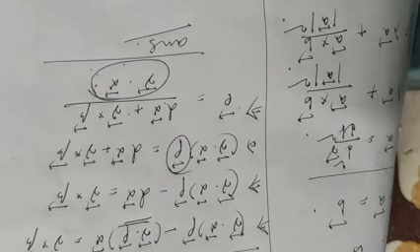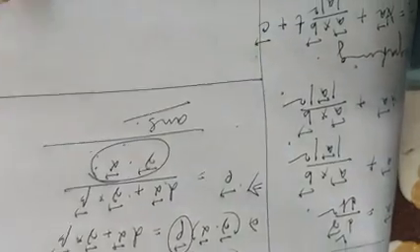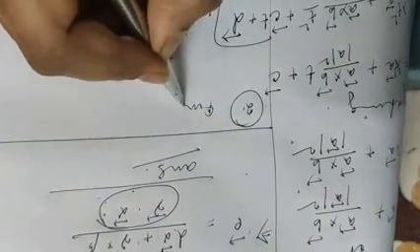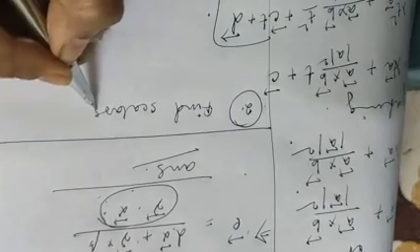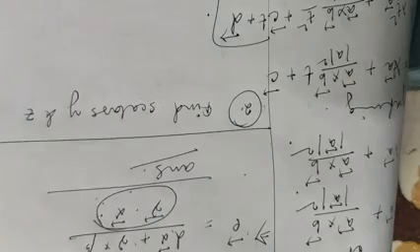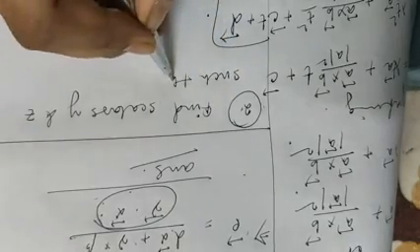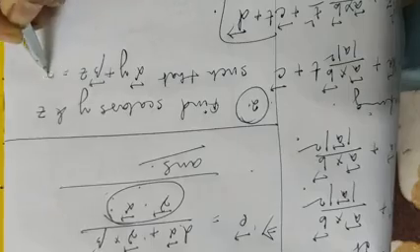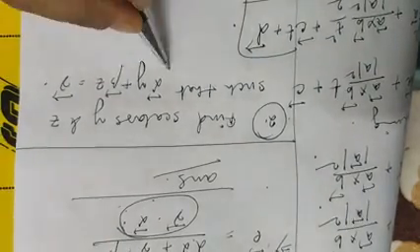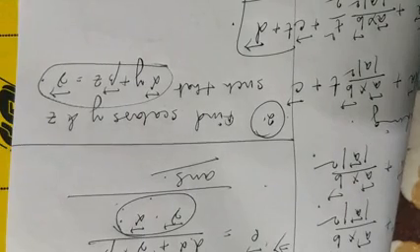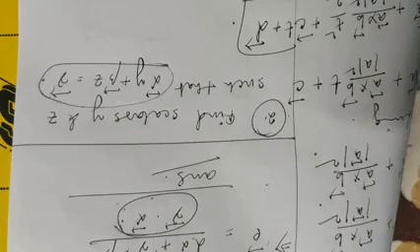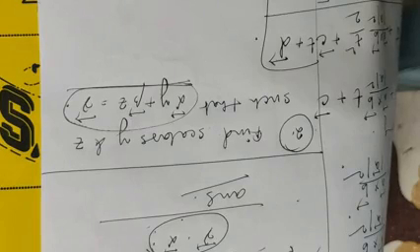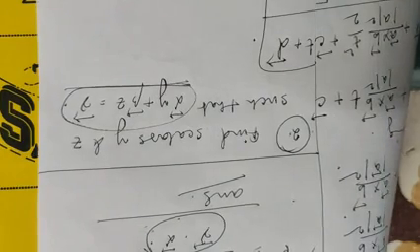Next, moving to the next example, example number 2. Find scalars y and z such that alpha vector y plus beta vector z equals gamma vector. We have to find the value of the scalars y and z. This example is very easy. How to get this? Just think a little bit. We have to find y and z. We will do it one by one.